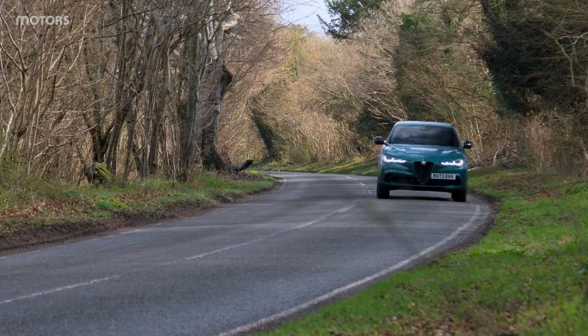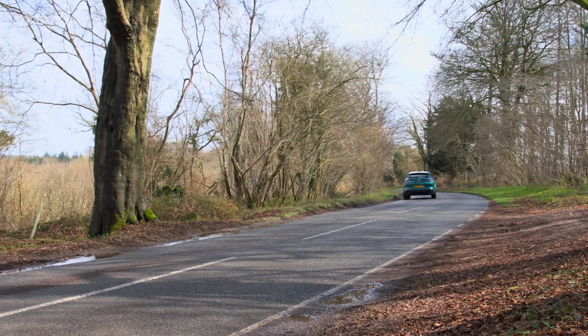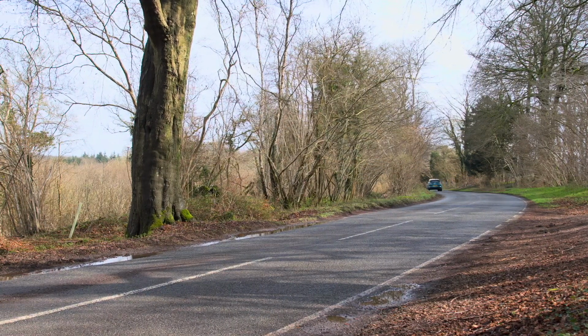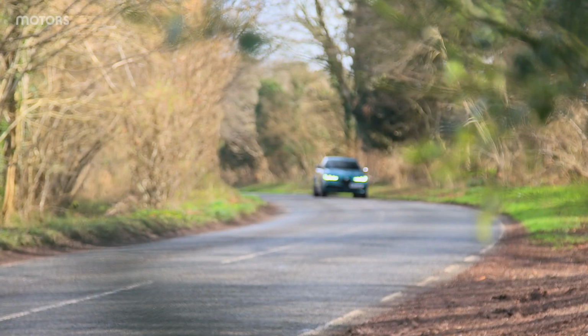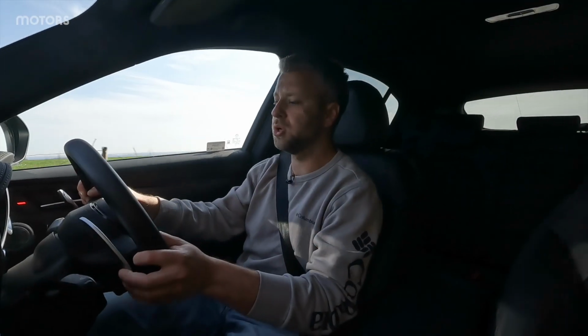But performance aside, it's the way this car handles itself which is so exciting. The steering is really quick, and you've got these wonderfully large gear selector paddles behind the steering wheel which provide a great bit of theatre in that action between changing gears. It's all accompanied by a